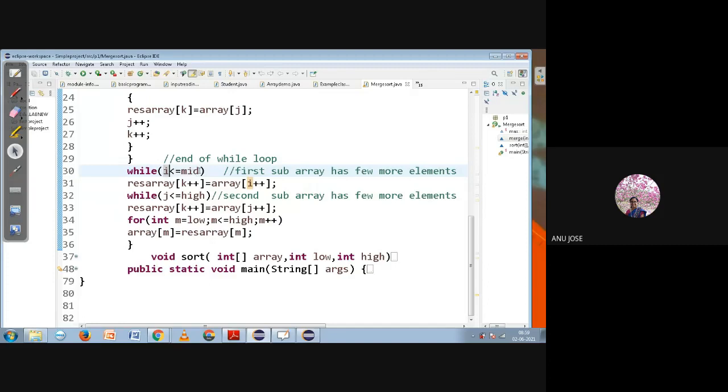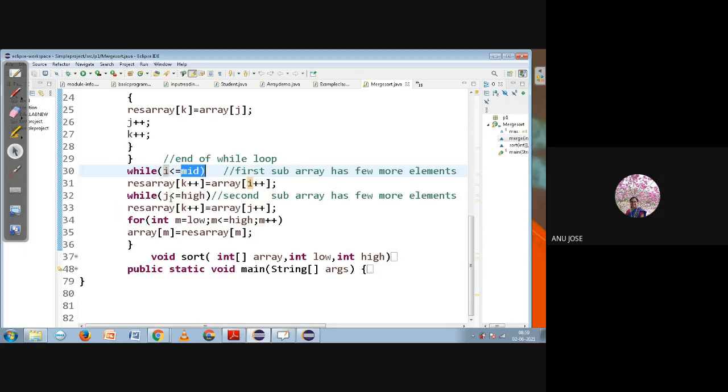In that case, until I reaches the mid element, because that is the maximum index of the first array, you have to copy the elements into the resultant array. So array of I will be copied into the resultant array until I reaches the mid value.